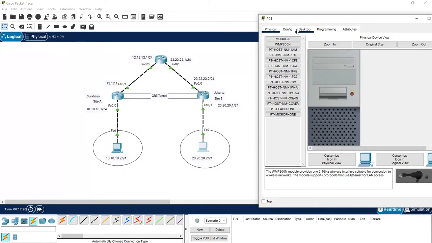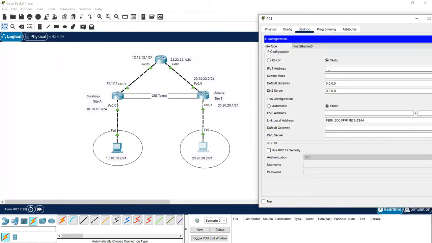Now computer B is 20.20.20.2, 255.255.255.0, default gateway 20.20.20.1.